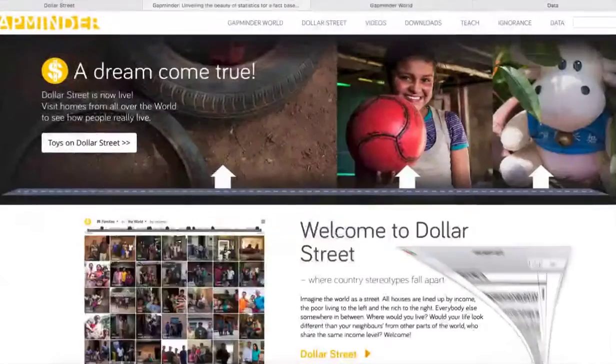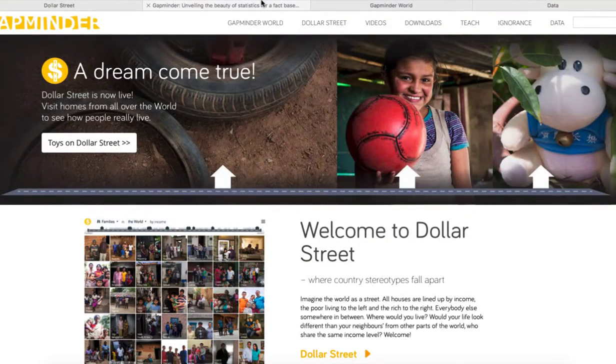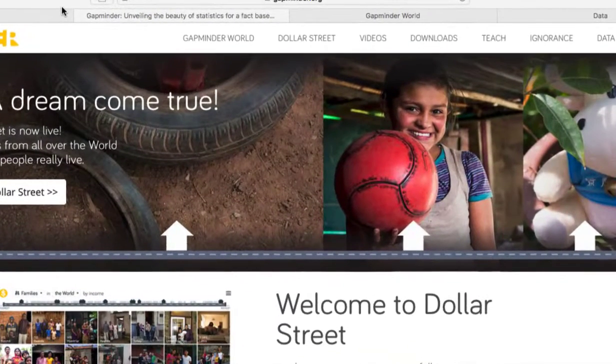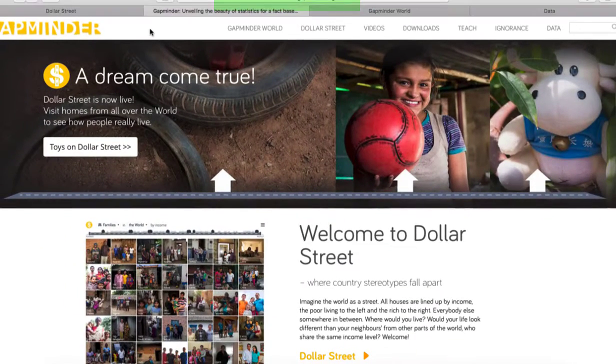Oh, maybe it's already there. There we go. Okay, we're on the Gapminder website now. That's it there. Now the three places you're going to go is, there's the data. Let's get there. You're going to go to data, Dollar Street, and Gapminder World. Okay, so now you've gone to that first